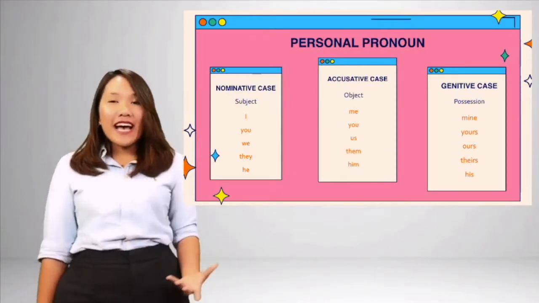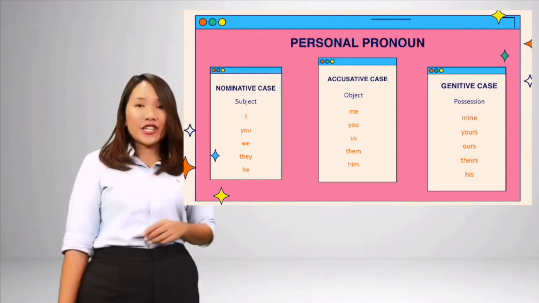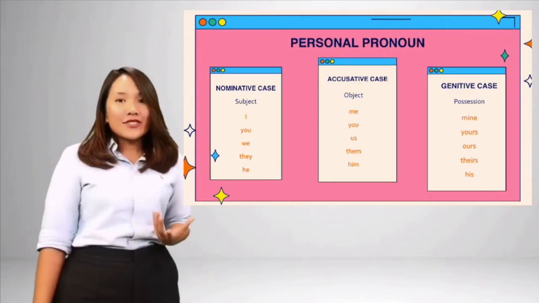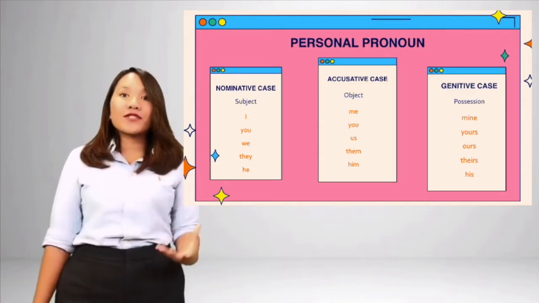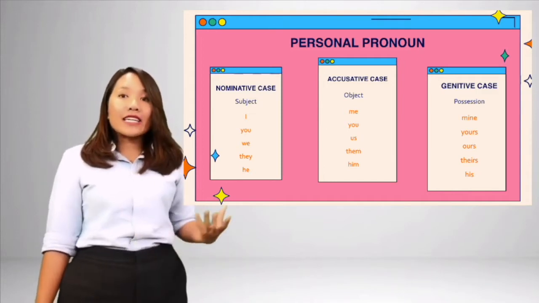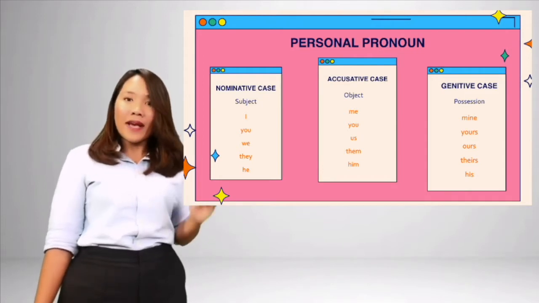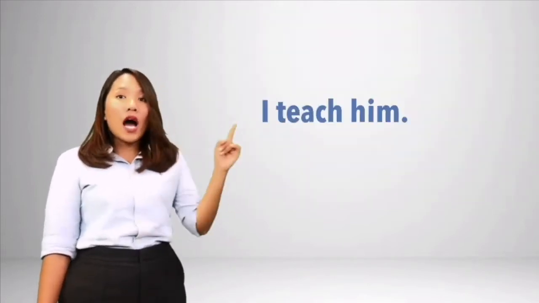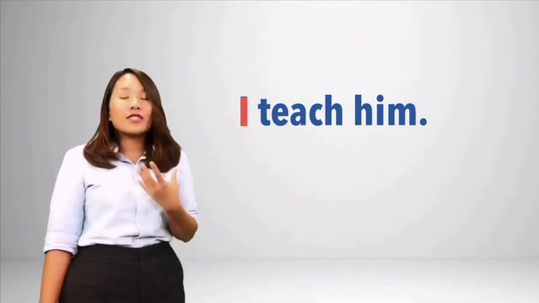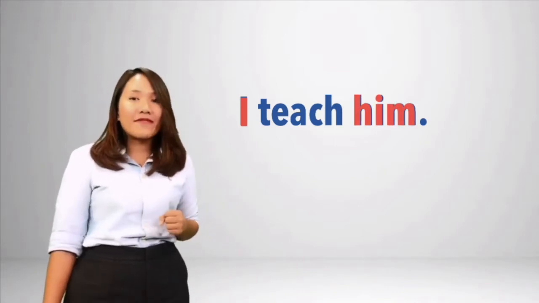English personal pronouns are normally inflected to express three types of grammatical categories, which are nominative case, accusative case, and dative case. That is to say, the nominative case refers to the role of pronoun that acts as the actor of the action, while accusative case refers to the role of pronoun that acts as the patient of the action. For example, I teach him. I is a pronoun that receives inflection to express nominative case, while him is a pronoun that receives inflection to